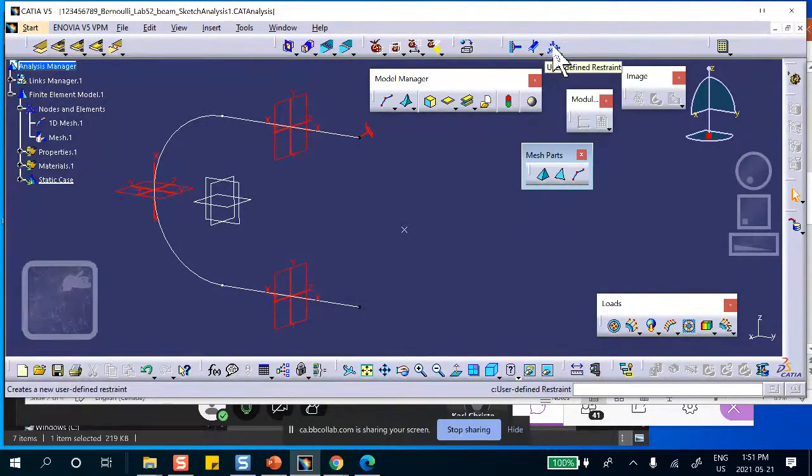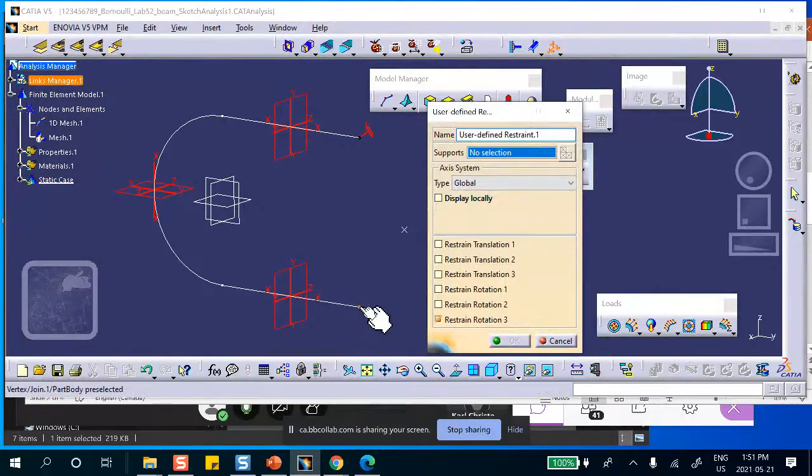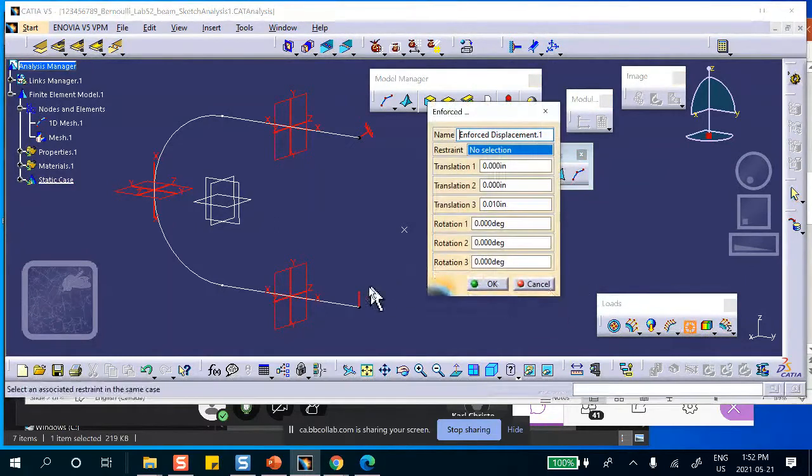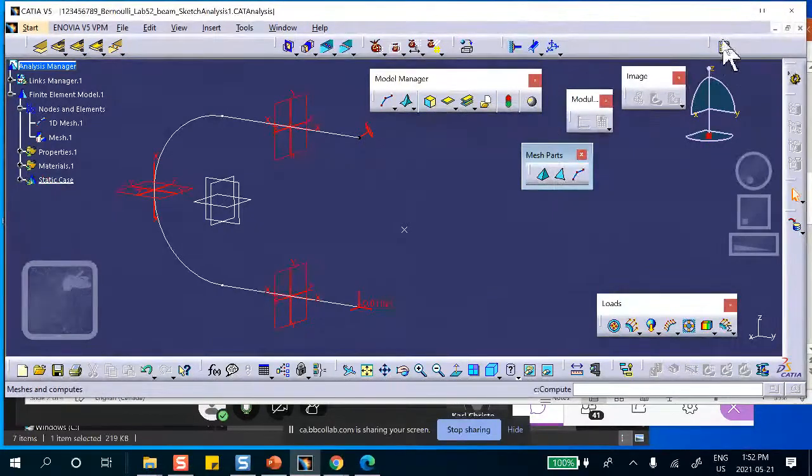So you go to user define restraint. You select this point, and in the direction Z. This is not displacement. This is displacement, Z direction. You can see that right there. These are rotations. We'll see them later, not important in solids. And we can change it now. Where is that thingy here? Enforce displacement. You select that, and you put 0.01. If you're pushing it down, minus 0.01. Say OK. You save it,